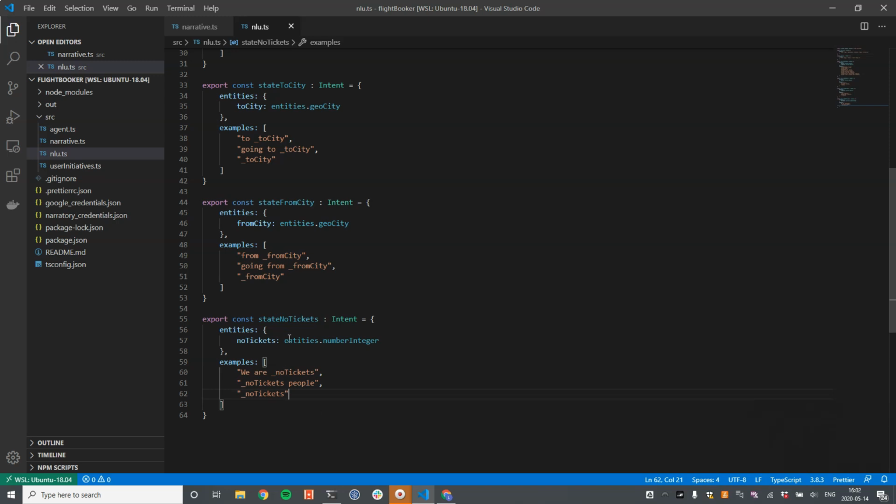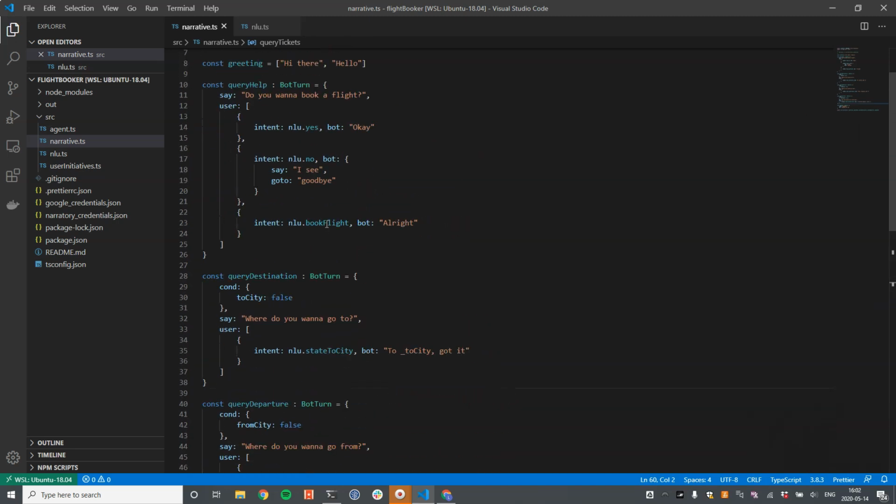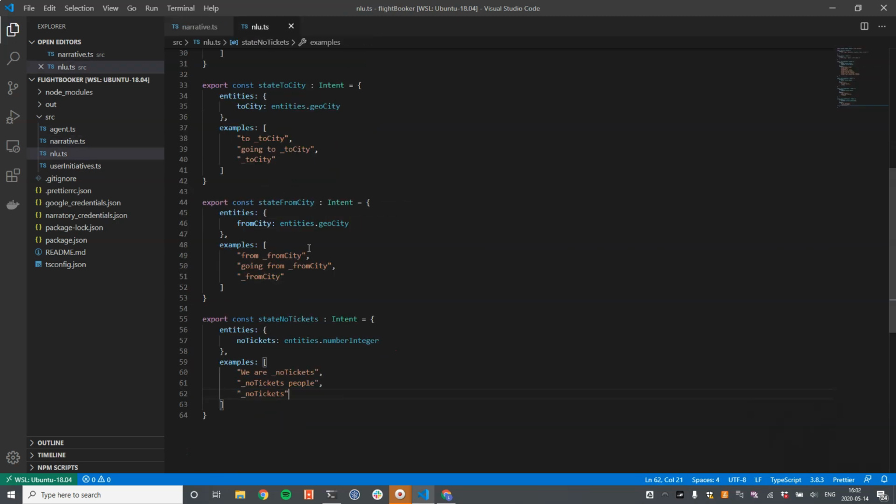So this would work for our query tickets form filling state here, but we haven't actually added it yet to the book flight intent up here. So let's go and do that as well,